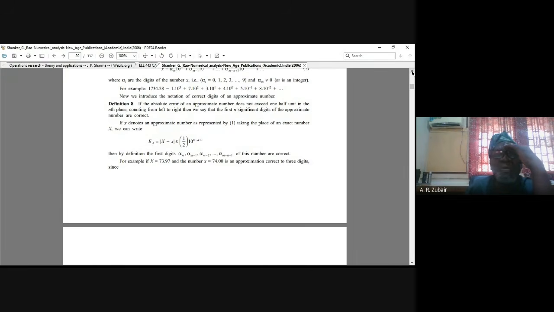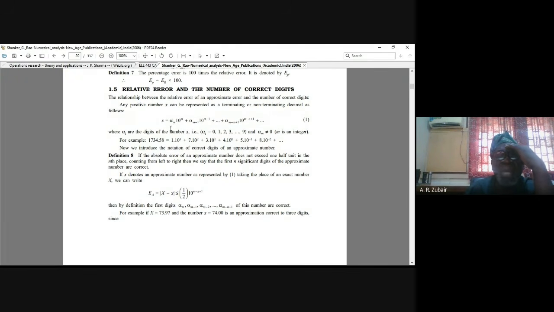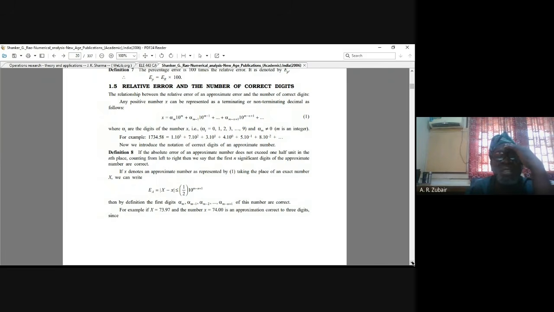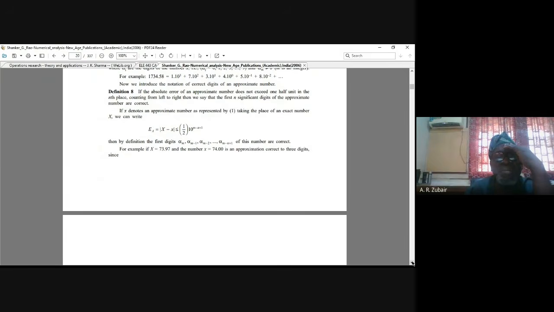Let's move up a little bit. The way you interpret your number is this: x equals alpha m 10 raised to power m, alpha m minus 1 10 raised to power m minus 1. So in this case, our m is going to be